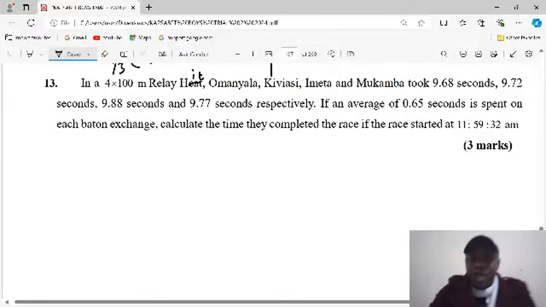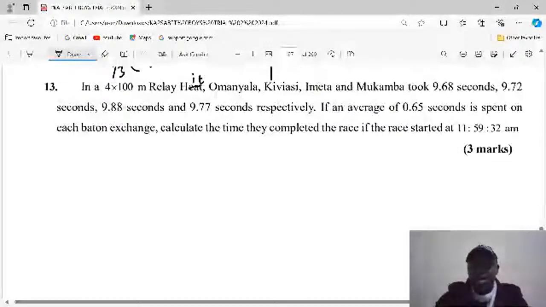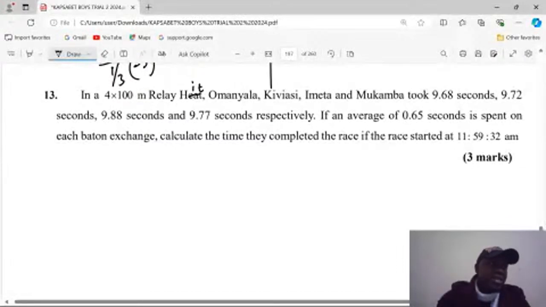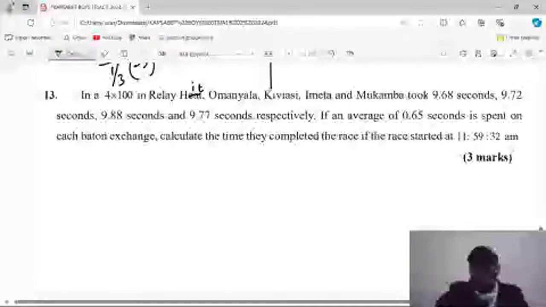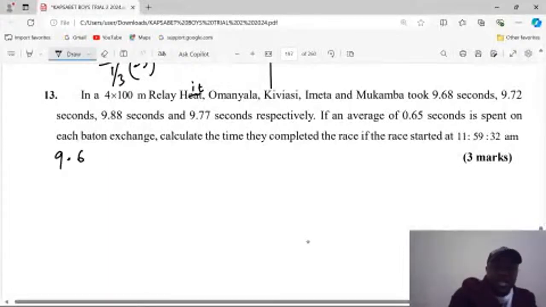So let's check this question. We are simply going to add total time taken. Let's take time to add. We are adding seconds, and when a second has some fractions or decimals, those decimals are called centiseconds. They are needed 100 of them to give us a complete second. So we call them centiseconds. For example, when we take 9.68, the time taken by the first athlete, and we add 9.72,